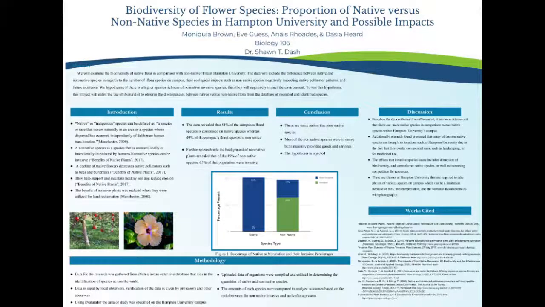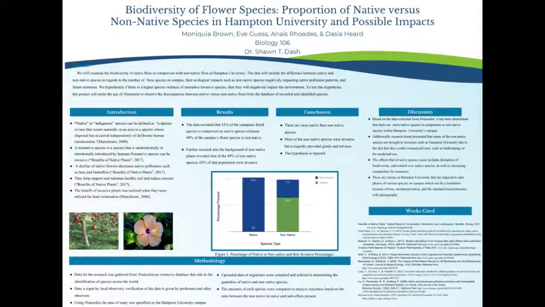For example, the Cornus florida, more commonly known as the flowering dogwood or the American boxwood, produces a yellow and red berry-like drupe, which contains the tree's seeds. These fruiting bodies attract many types of birds, from small songbirds to larger game birds. Additionally, the fruits attract squirrels, chipmunks, and rabbits. Each of these organisms use the flowering dogwood fruit as a source of nutrition and food. Like the dogwood, many of the invasive species on Hampton University's campus provide a similar source of food to the